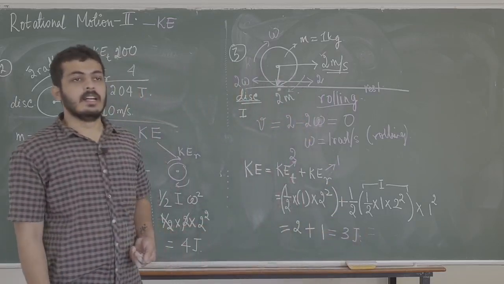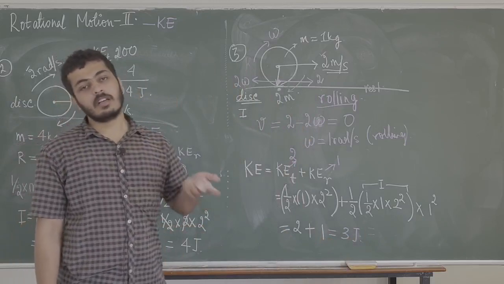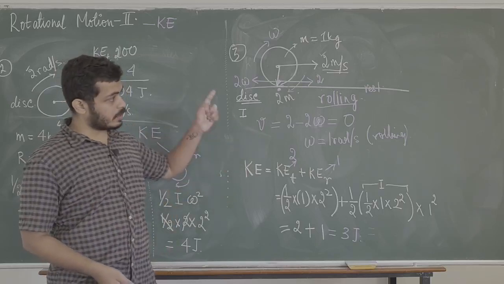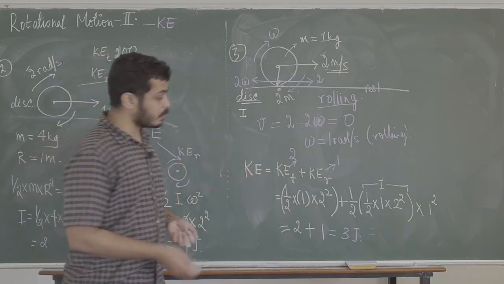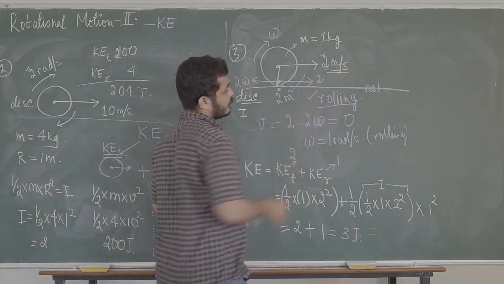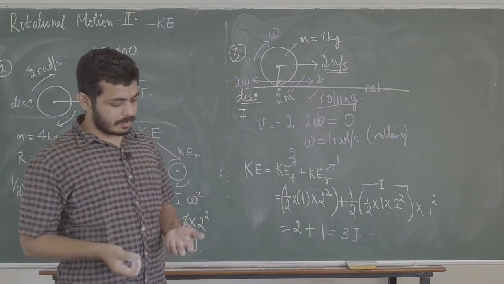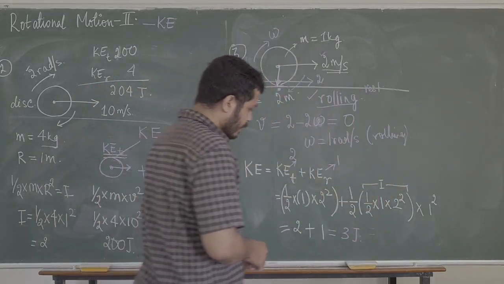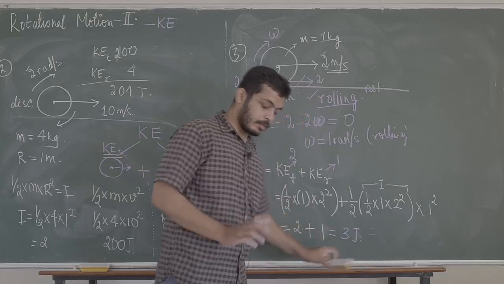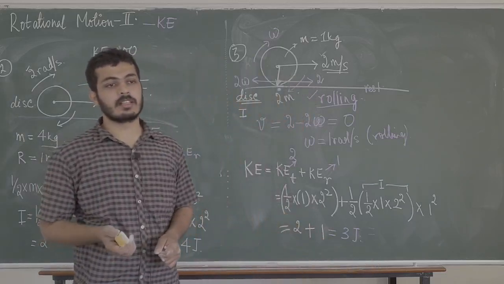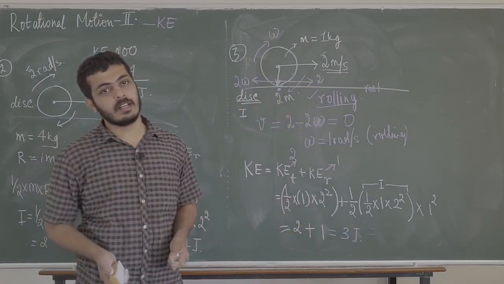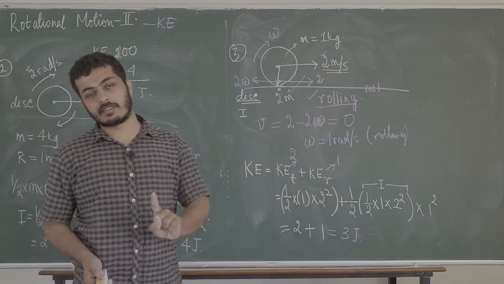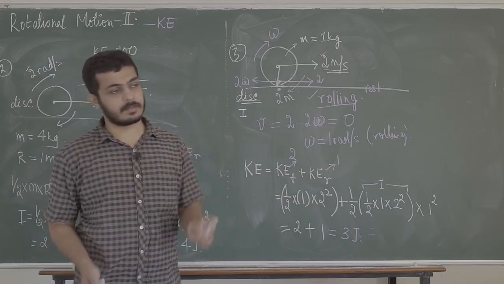Samajh mein aaya? So I gave you a question with simple rotation. I gave you a question with translation plus rotation. This is another question with translation plus rotation, but subject to the condition that that thing is rolling. So these are 3 different questions. In general, when we solve other questions about rotational motion in this chapter, we will see that the motion may or may not be linked. In either case, the total energy of an object is the kinetic energy of translation as well as the kinetic energy of rotation.